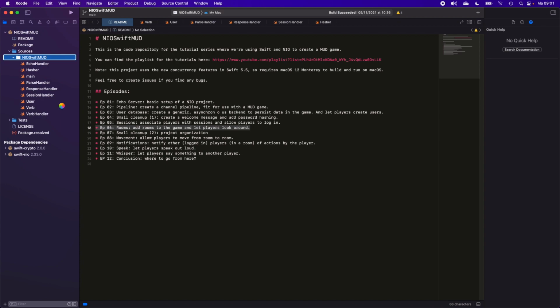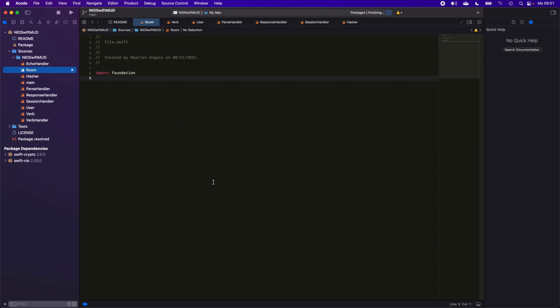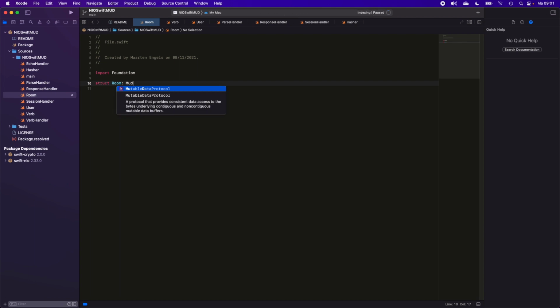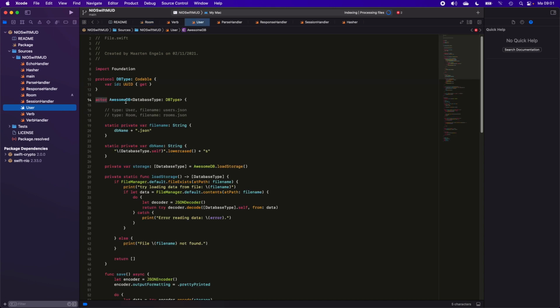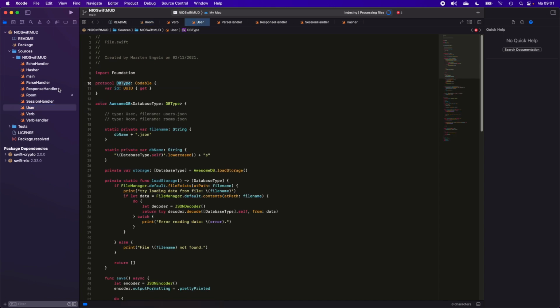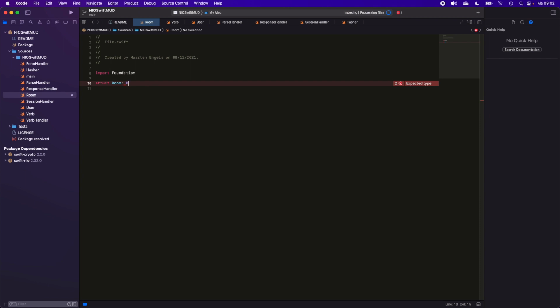What we first will need is to create something to represent our rooms, and for that we make a new Swift file called room.swift, and we'll create a struct Room. And because we want to be able to save these rooms out, we will persist them in our database. So we have our awesome DB, and we have a DBType, so we will let Room conform to DBType,